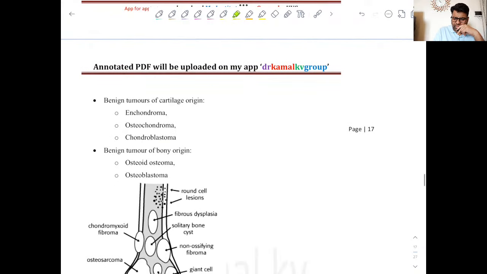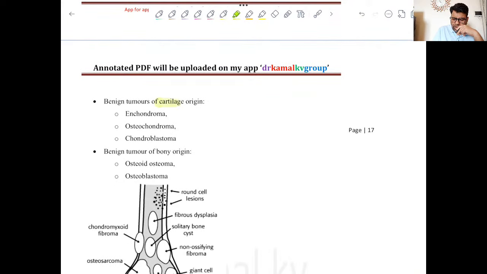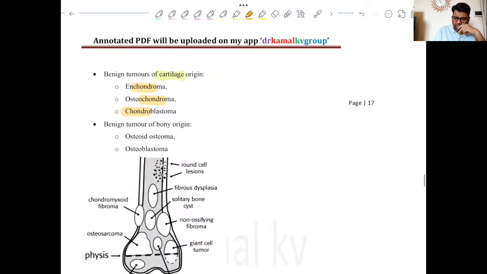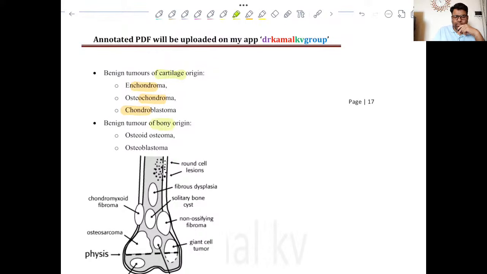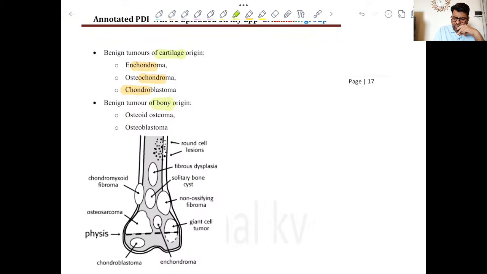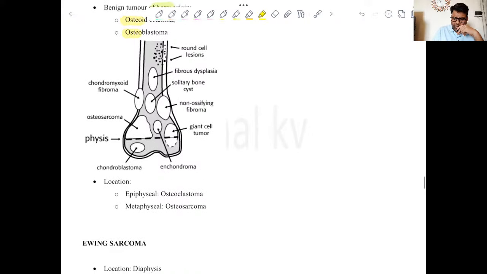Coming to bone tumors, for identifying cartilage origin tumors, just look for the word chondro, right? The word chondro suggests that the tumor has a cartilaginous component, whereas for fully bony origin, you will find the word osteo only. Then location wise, from epiphysis, just remember one important entity, and that is giant cell tumor or